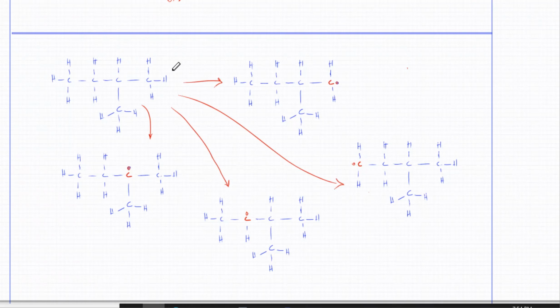Like it could be this carbon atom. Remember, focus on this thing. This carbon atom and this carbon atom are exactly the same. They're bonded to the same carbon: there's a CH3 and there's another CH3 bonded to the same carbon atom. So if I make this the free radical or make this the free radical, it's kind of the same thing. Is that point clear?